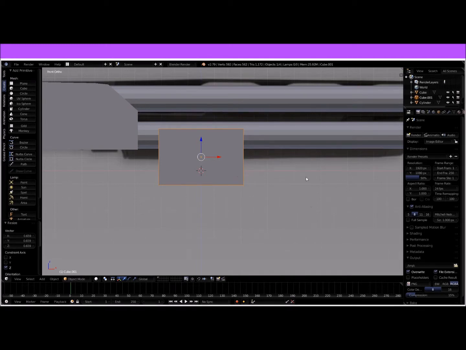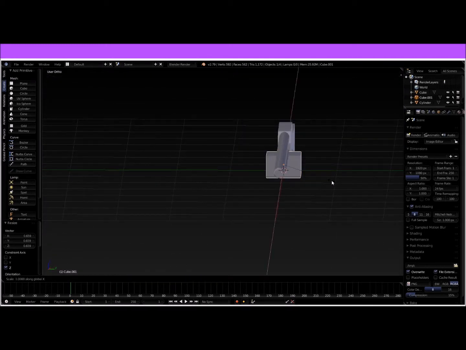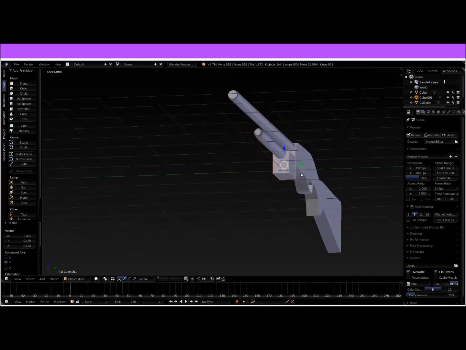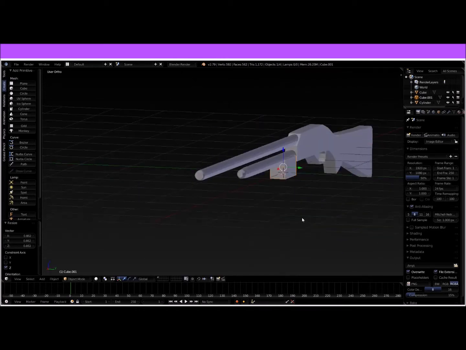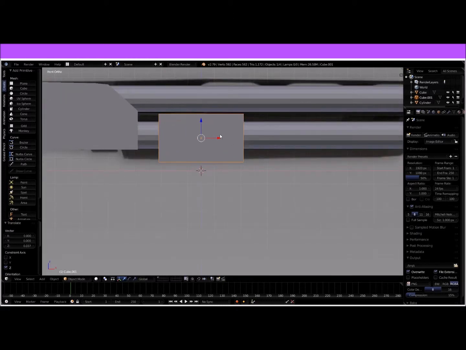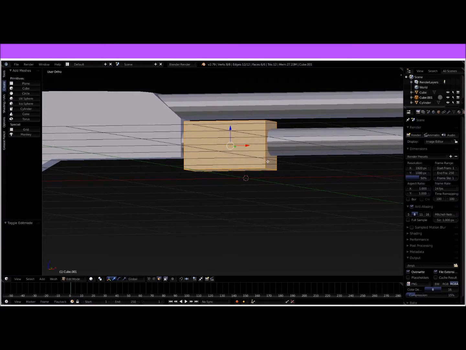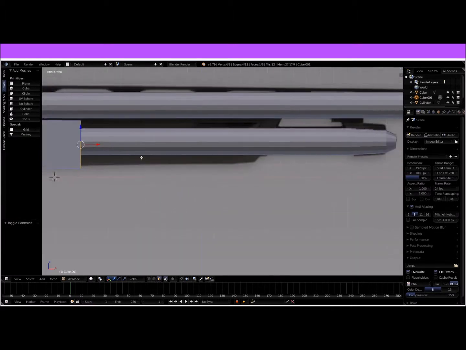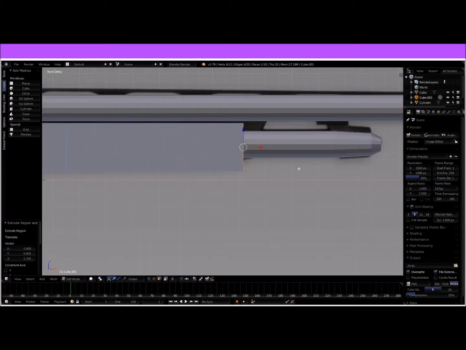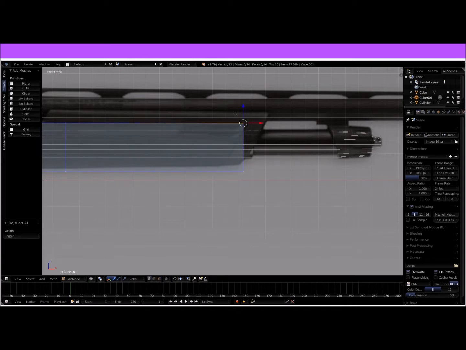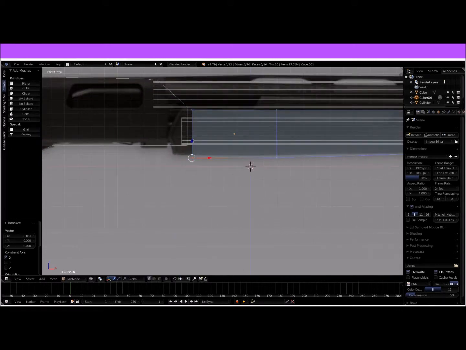Alright, we're back, and right now we're going to size this cube down to fit about right, probably right like that. That looks pretty good. So we're gonna have the size like right there, and I'm going to grab the face and just extrude. It doesn't have to be too much. I'm gonna go into wireframe, grab those vertices, move it like that, move it up, back, kind of like that. Just get the base